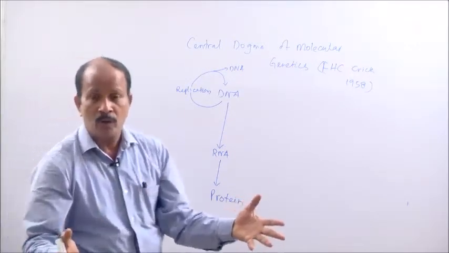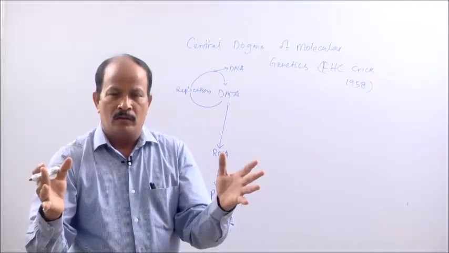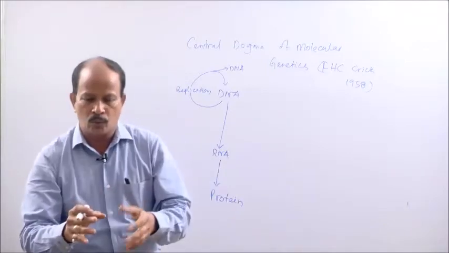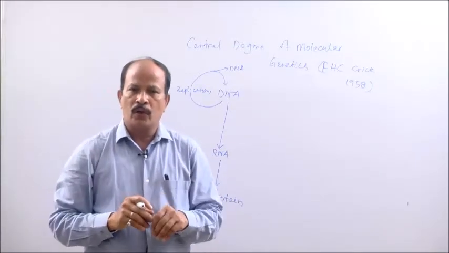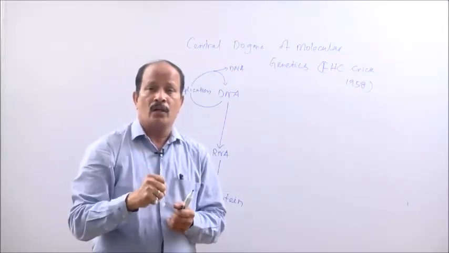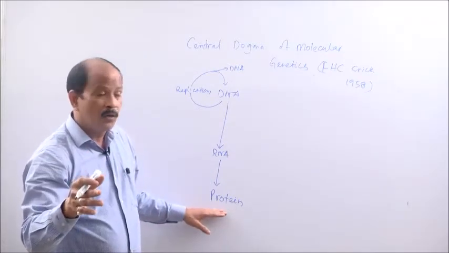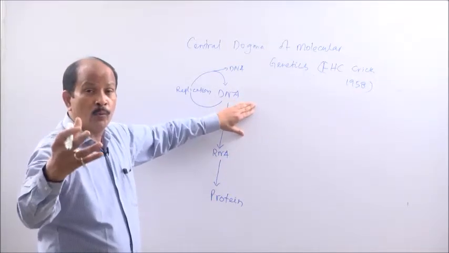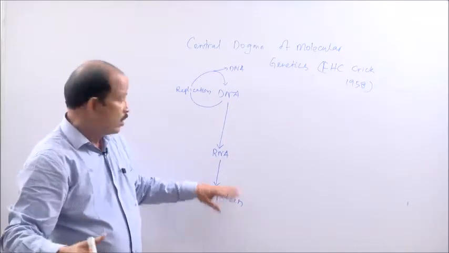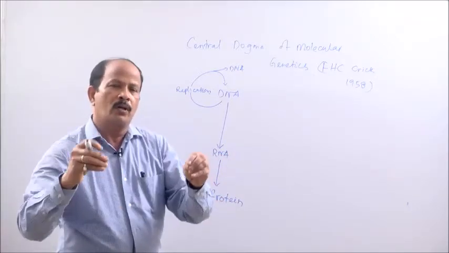But storing information doesn't mean anything. If a computer is idle, we are not operating it. It has loaded software, but when we access that through mouse or keyboard and give commands, then it does the work. Similarly, a gene does the work when it produces protein. So DNA is often called the software of a cell, and proteins are called ultimately the hardware of the cell. So proteins ultimately work in the cell.